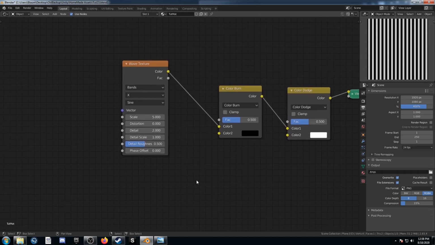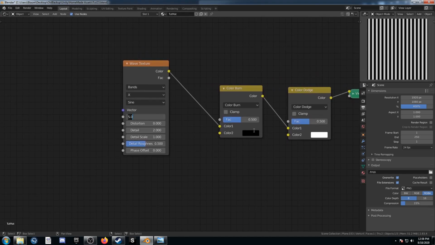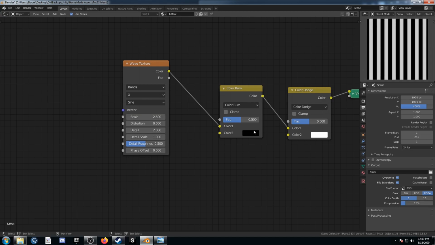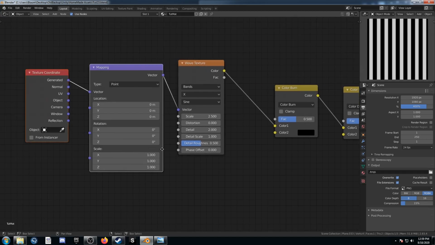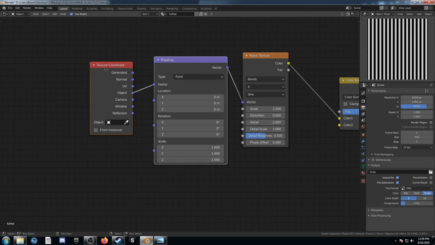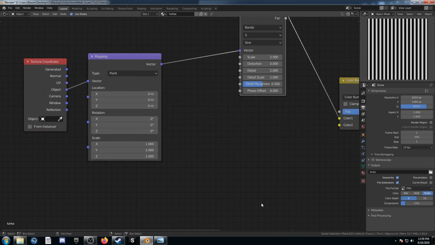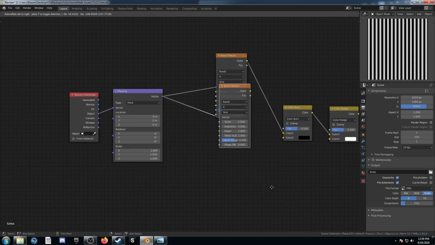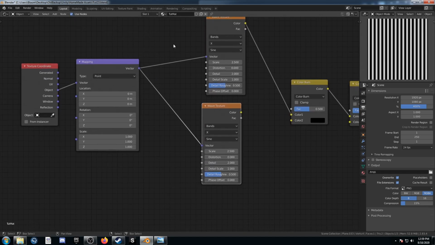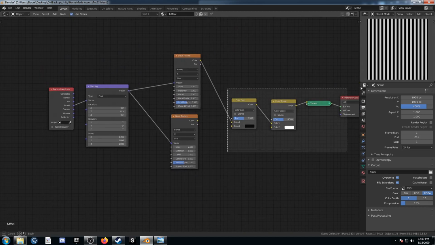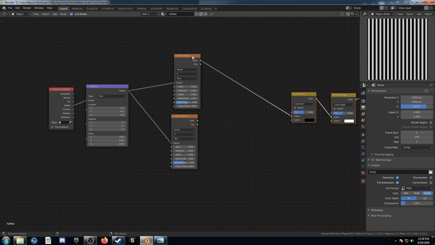Let's check out texture 26. I'm going to start by adjusting my scale on my wave texture there to 2.5. And then let's highlight this and hit Control T and plug object into vector there. I'm going to go ahead and click on that wave texture and hit Control Shift D and duplicate it where it's still attached. And I'm going to move this stuff over a little bit here and go ahead and mix